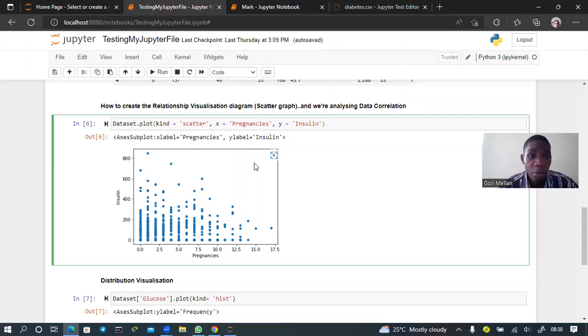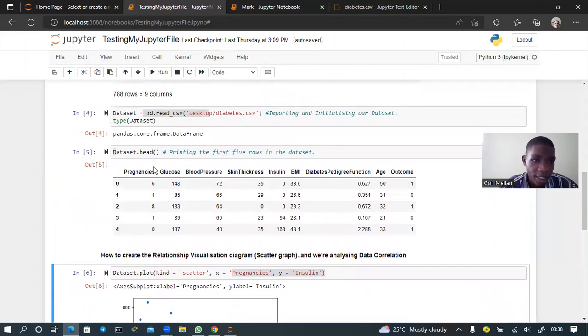the kind of graph that you want. We shall see later that I can specify whether I want a histogram or a box plot or something like that. In this cell, I'm specifying that I want a scatter diagram, a scatter graph. Then I specify what's going to appear on the x-axis and what's going to appear on the y-axis. These strings here are columns in our data set. Like you can see here, we have pregnancies, levels of insulin, levels of glucose, and a number of